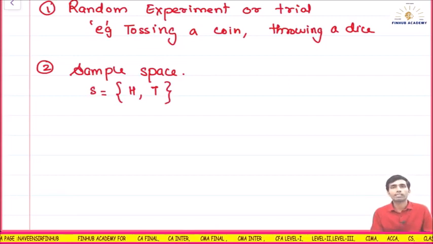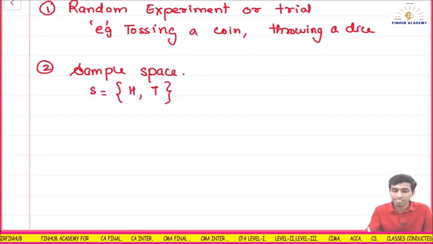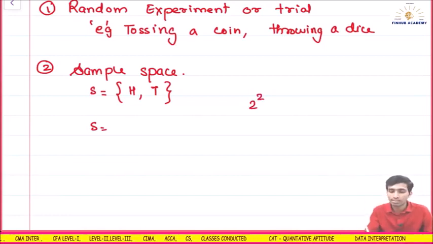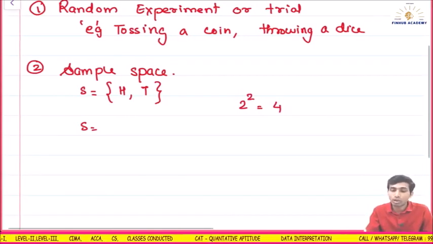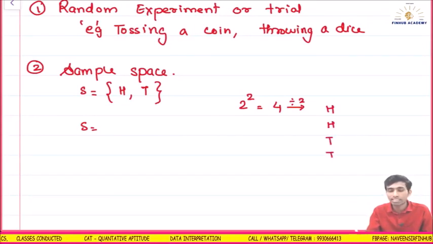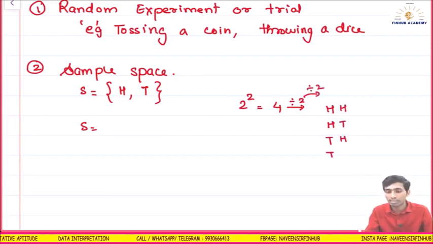If I am tossing one coin, and if I toss two coins, then what can be the sample space? Two outcomes are there for each coin, so 2 raised to n. So there will be 4 outcomes, correct? I gave you the trick: whatever answer you get, you should divide it by 2. That means 2 times head, 2 times tail you will write. Again, 2 divided by 2 is 1. So 1 time head, 1 time tail, 1 time head, 1 time tail.